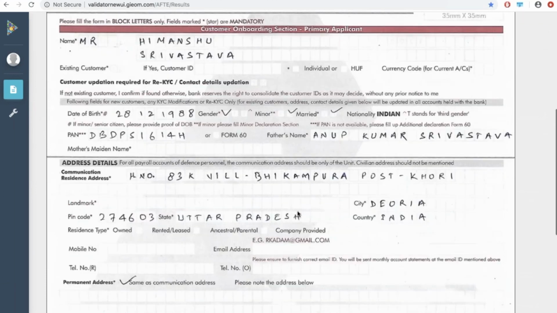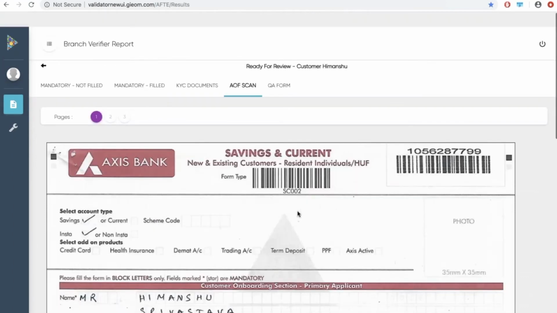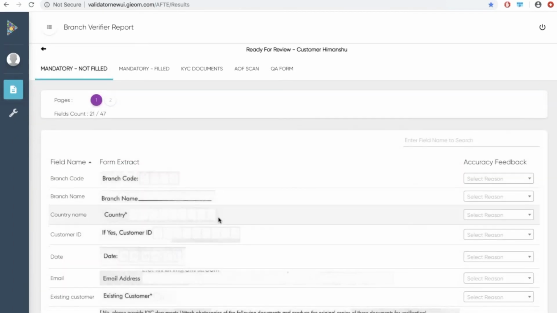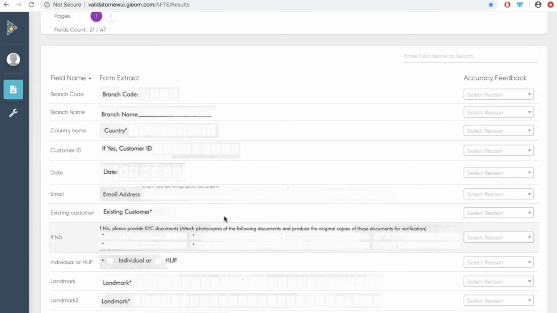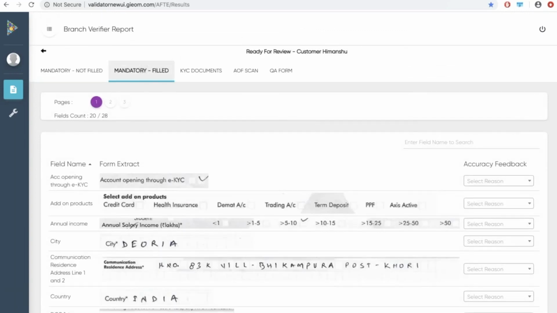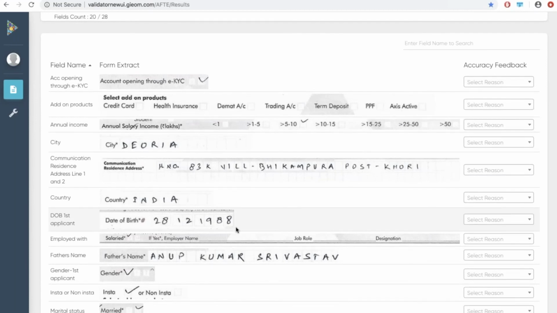So any form that is in the scanner is coming into my engine, and we are able to cut. If there is a mandatory field not filled, it comes under one bucket here. So here, these are the mandatory fields not filled. So while you're doing a scan, within seconds of putting the paper on the scanner, we will be able to show this to the user, saying that in the form that you scan, these many mandatory fields are not filled. Once it is complete, there is nothing coming under this category, the branch manager at the branch level will get to see what are the activities, what are the line items in the form that are mandatory and filled.